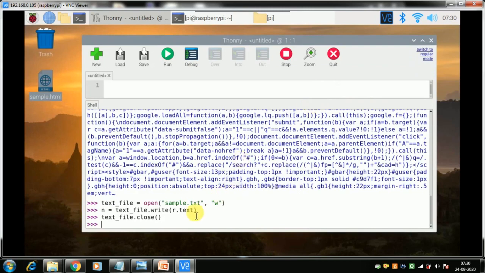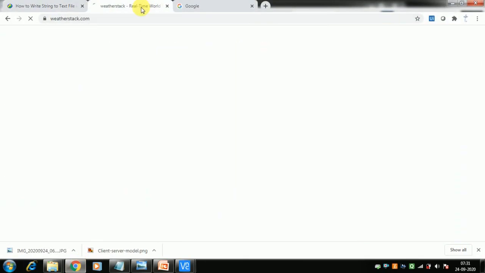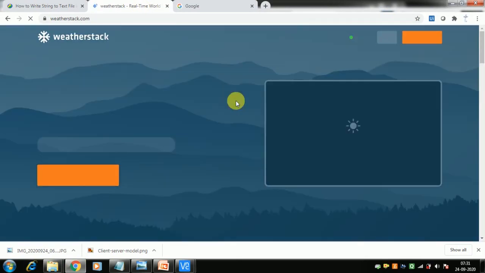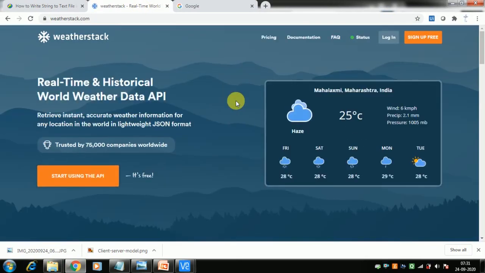But now we need to talk about API services. Not all websites give you an HTML page. There are websites that give you just simple text or JSON files, so that you can use the data in your application programming. Those are called API services. So I will show you one of them. Maybe some of you are not aware of JSON. If you look at this weatherstack site, we are trying to build a tabletop weather station as our client. We want to build a Raspberry Pi driven tabletop weather station, which acts as a client. It asks the server for the temperature and humidity of a place, and it displays that.